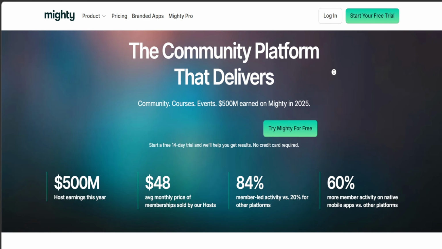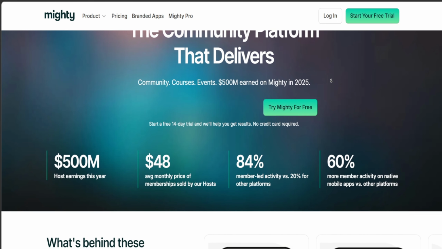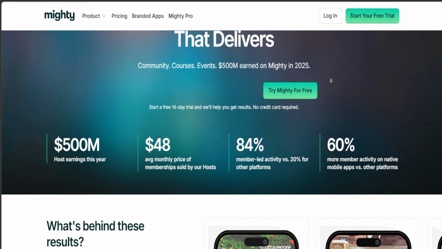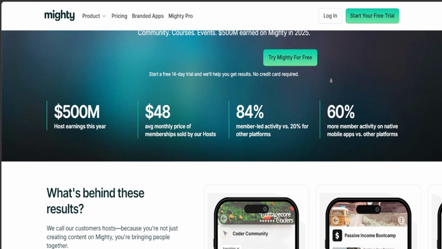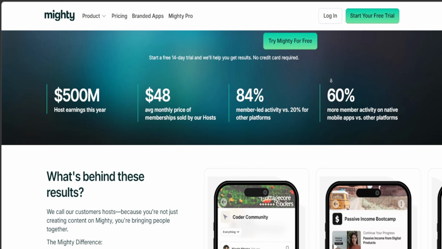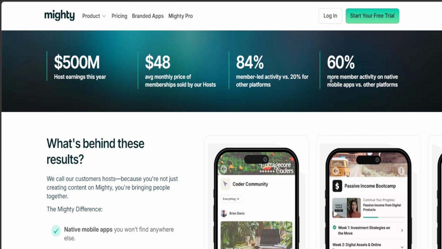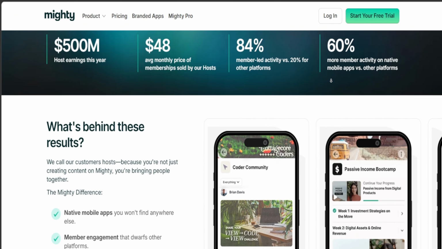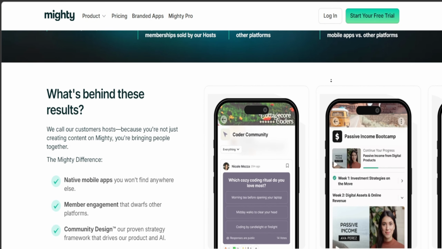So basically, follow the setup steps to name your community, you can add your branding, create basic structure for the members, and inside the dashboard you can create spaces, which will act like groups or sections for discussions, content, or courses. The spaces itself will help organize your community so members can easily interact, post updates, and access different